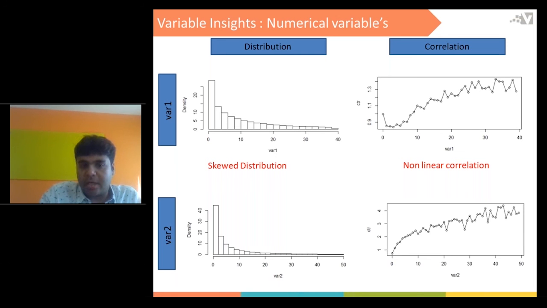They have a skewed distribution. So these are the problems with these variables: they have skewed distribution and nonlinear correlation. We'll see how to handle those variables, handling the skew and the nonlinearity.